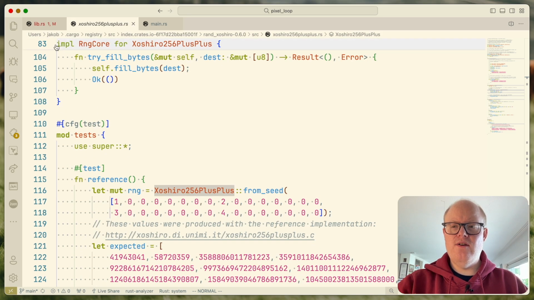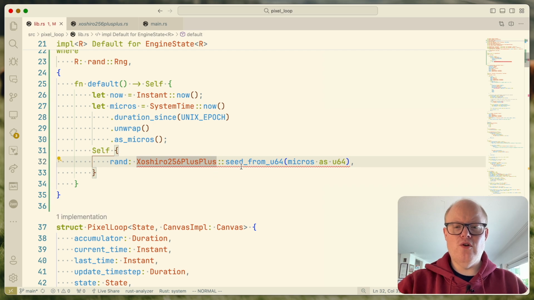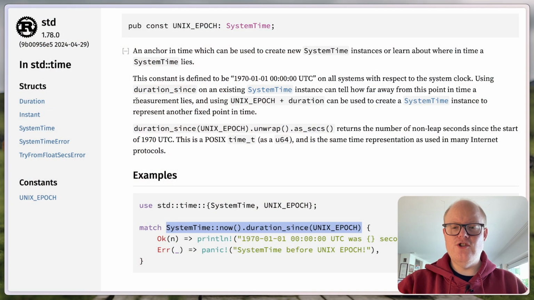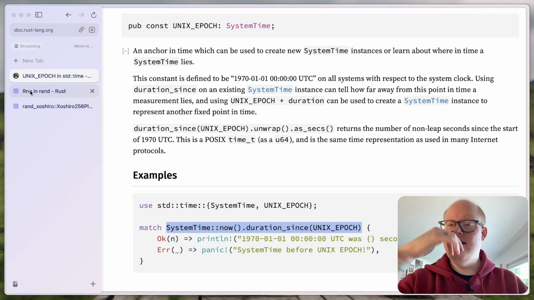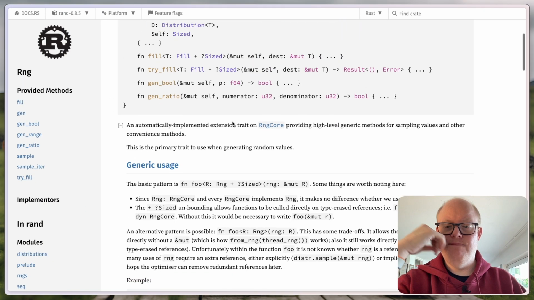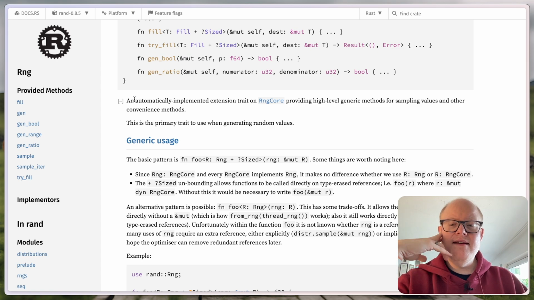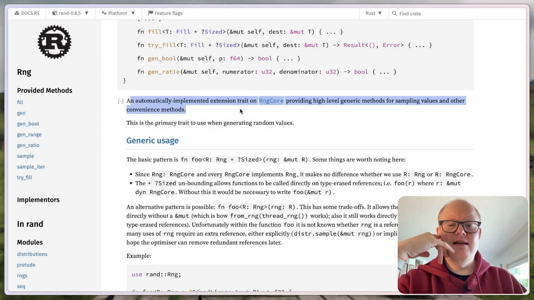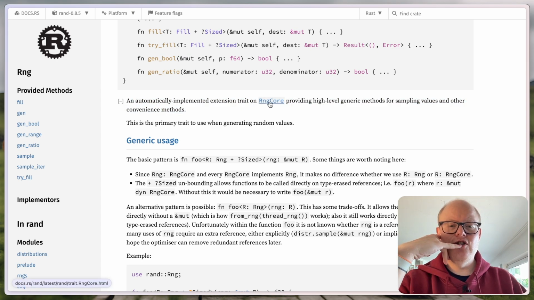And wasn't there the talk that the Rng thingy is automatically implemented? Wait. Trait. Automatically